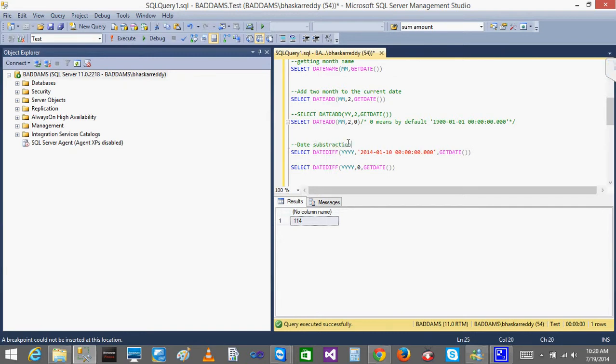Only one part of the date we are using. Can't we use year, month and days to find out the difference between the given date and the GETDATE? Sorry, I didn't get you. You are using select DATEDIFF year, and you are given the date and also the GETDATE. I'm saying, instead of just year, can't we say year, month and days? You can only give one thing there.